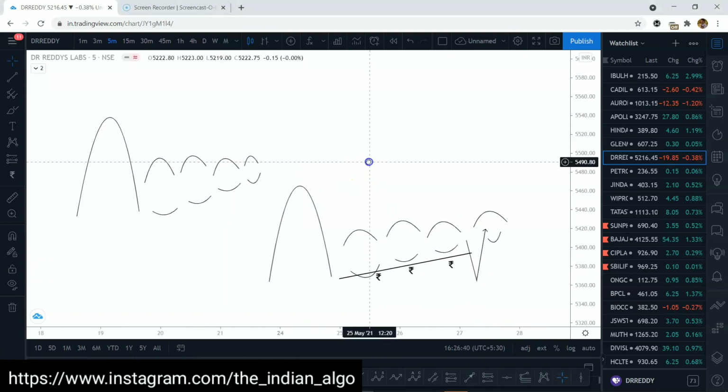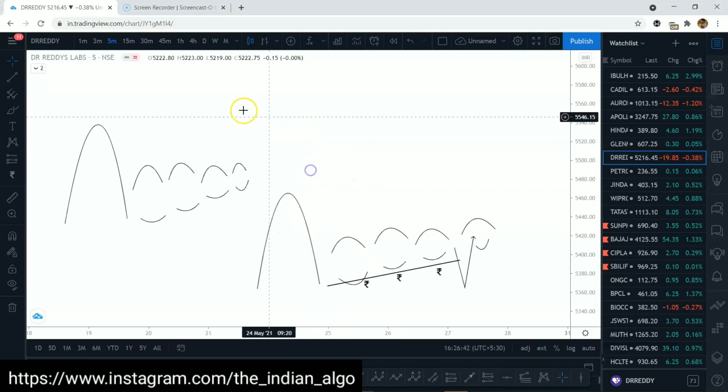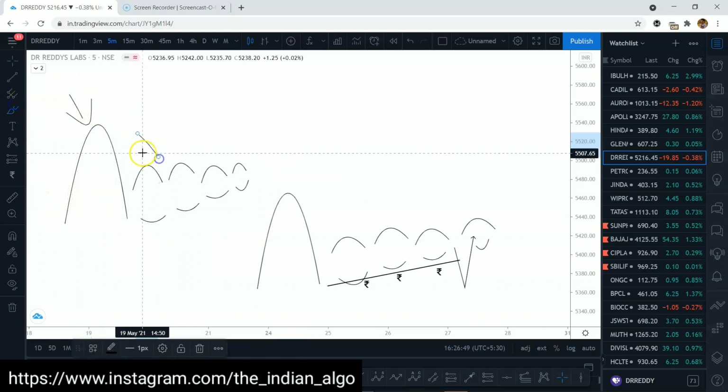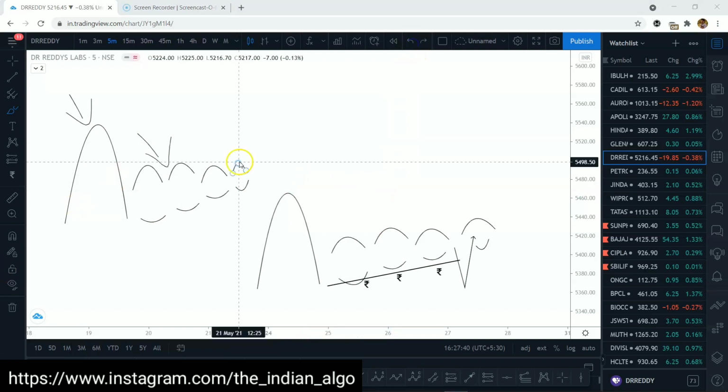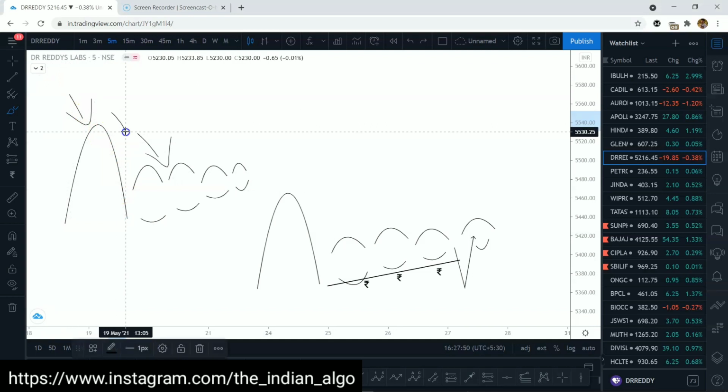So now coming to the entry part, let's talk about it. How are you actually going to enter this? It's pretty easy, obviously, to identify such patterns and such contractions. But when is the right time to enter any particular trade based on these patterns? Firstly, you have to identify the spike of prices, probably a volatility in prices. As you get this volatility, you let the price cool off.